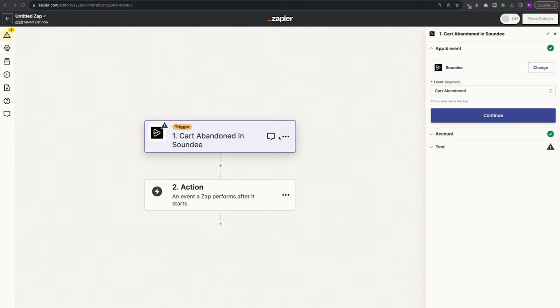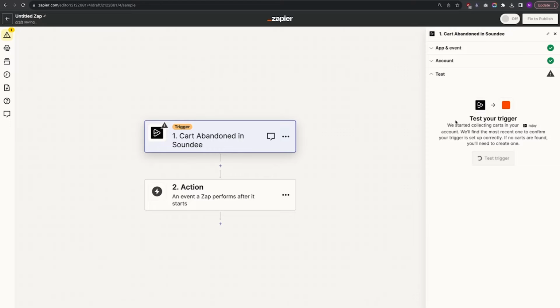Now, because I mentioned there were some specific things when it comes to abandoned cart, we need to get the individual contact back to their unique cart link to recover their cart and complete their purchase. I'm going to explain what this looks like first so we can work from here. What we're going to choose is the event of cart abandonment, and then choose your account, click on continue,